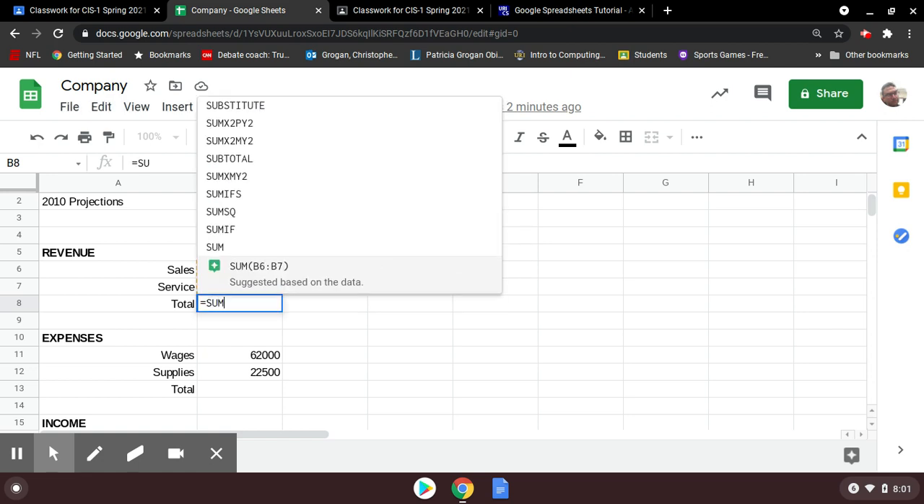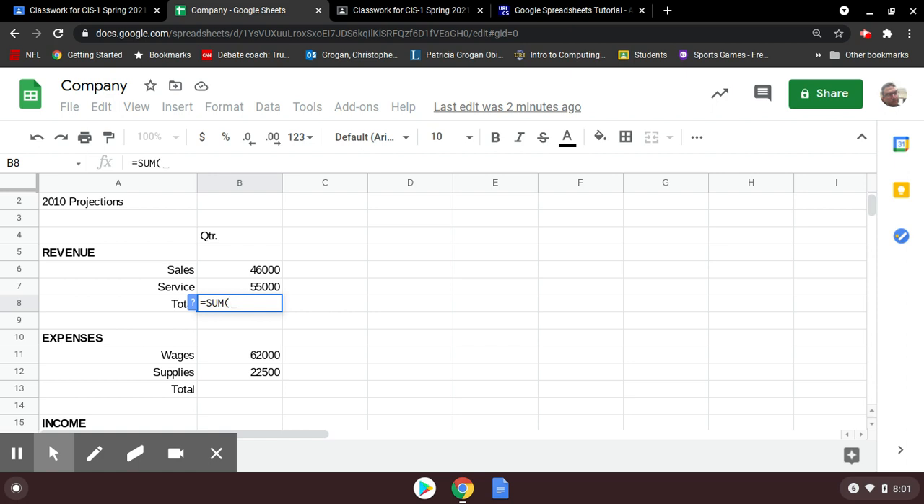Type in SUM. That's short for sum, adding up. That's how the program reads when you're adding up numbers. All right. And then you do open parentheses, which is holding down the shift key and pressing 9. That's the open parentheses. And then what you can do is highlight these two cells here, cells B6 and